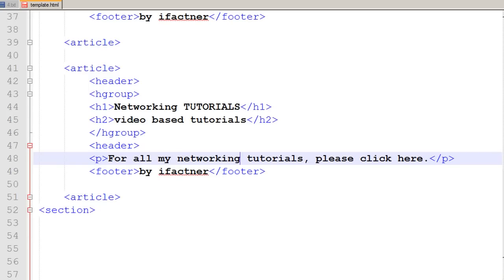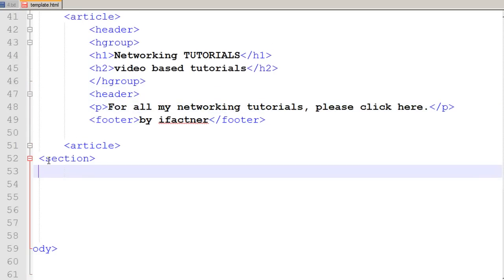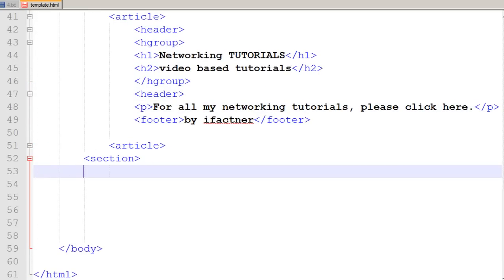Now we have got our articles in our section. So I save it and run it in Chrome, and check now that we have got 2 articles,